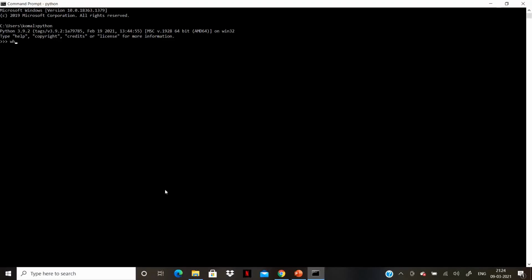Create a while loop. We'll start with i is equal to 0. While i is less than or equal to 6.5, press tab, we print i, tab again, i is equal to i plus 2. So here we are starting from i equal to 0 and we increase it by 2 until i is less than or equal to 6.5. Basically, in the first iteration of the loop, we have i equal to 0 and then we keep on increasing by 2 as long as the statement i less than or equal to 6.5 is true.